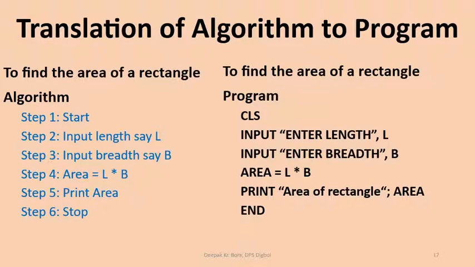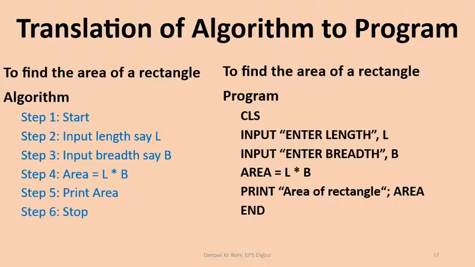Now while writing this, you should remember that whatsoever variable that you are taking in input, the same variable you have to use in processing. Remember this. Don't change. Now here I have written L because here input variable is L. Don't write in processing as length. Is it clear? Now here the output variable that I am using is area. Area is equal to L into B.